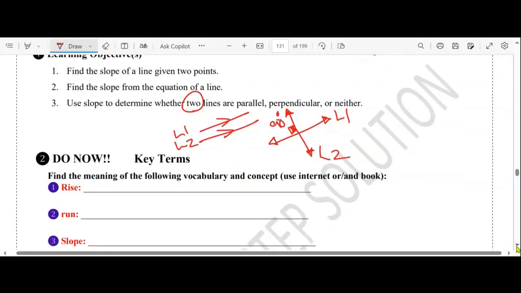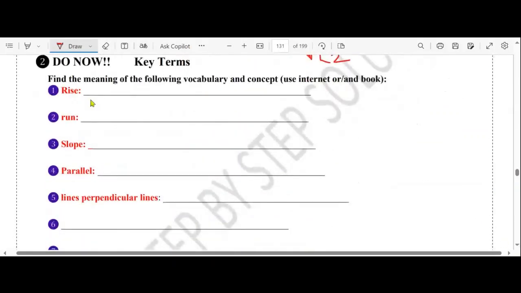Okay, we have key terms here. Rise. What does rise mean? Up and down. Yep, up and down. Up or down. What does run mean? Left, right. Yes, run. Left or right. Slope. Steepness. How do you spell steepness? S-T-E-E. Steepness, which means